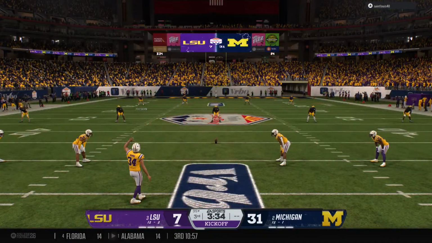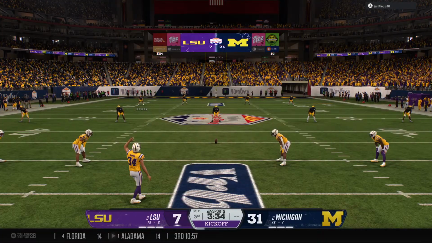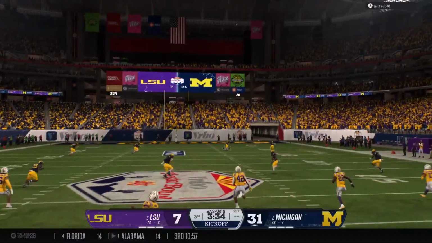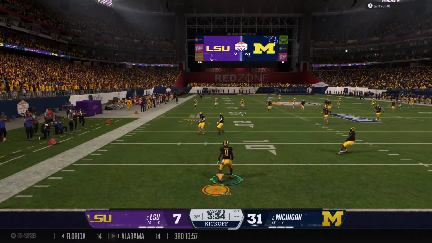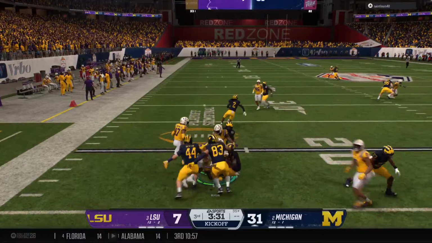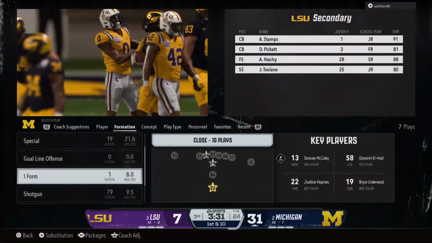So after putting up the touchdown, the kickoff team is out there to boot it away. He'll return it from inside the 5. He'll be tackled at the 18. That's good coverage there.